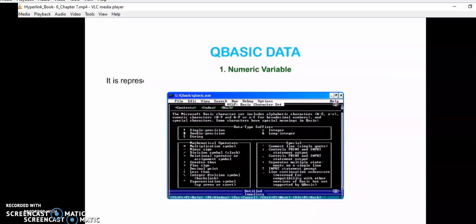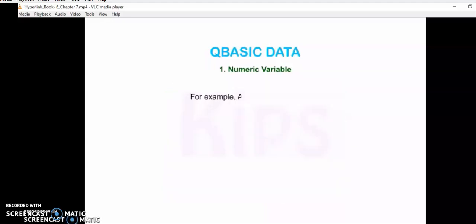Now we are learning variables with two types, numerical and alphanumeric. Numerical variables should not have any space or symbols, and can be used for arithmetic calculation. For example, A is equal to 20, A, B, C. So AB2, A and A underscore 6 are all variables.